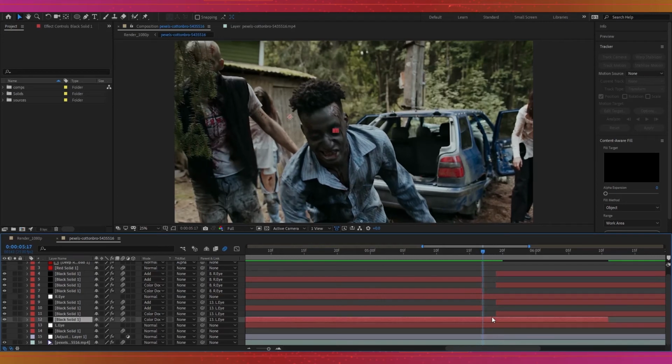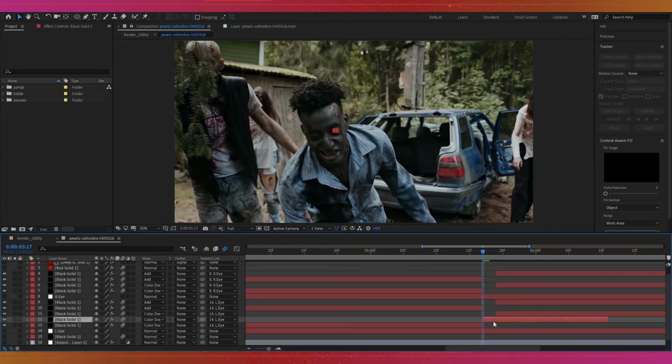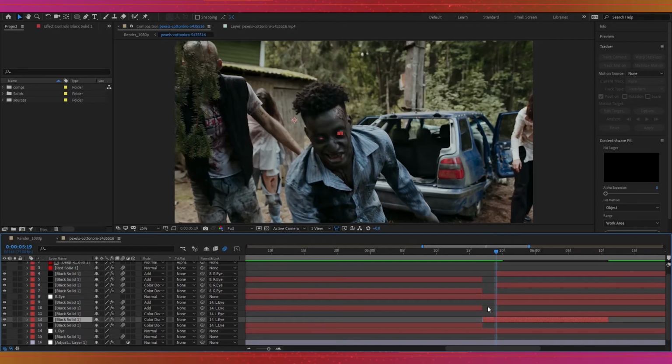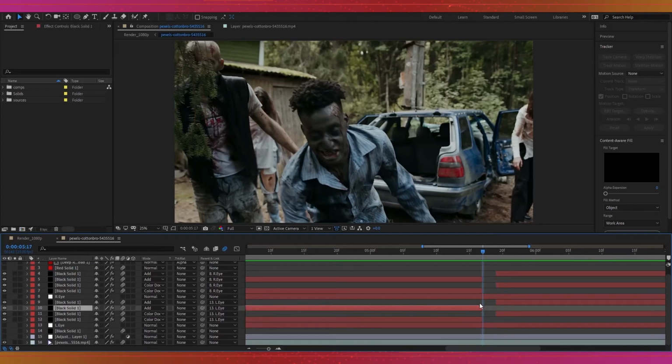So here at this frame I pressed Ctrl Shift D with selected the solid layer and simply trim it to this point, and that's it. I've done that with all the other layers,